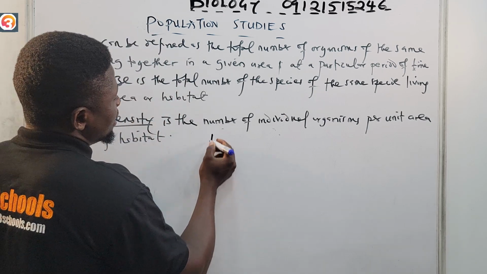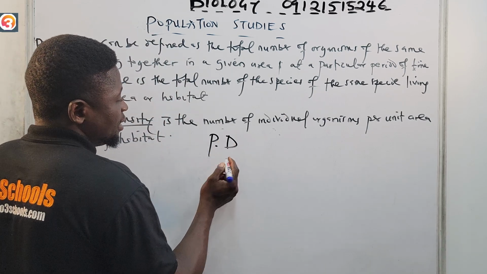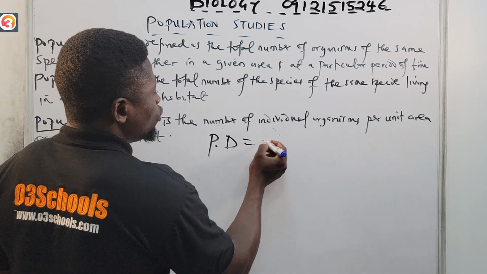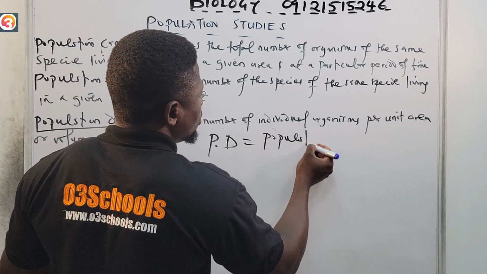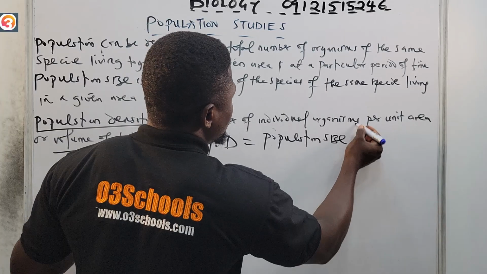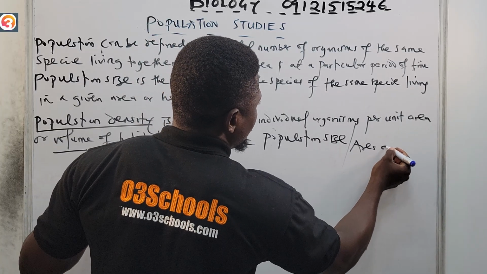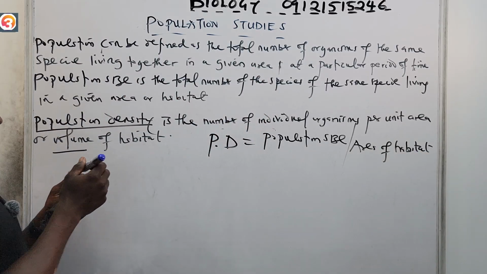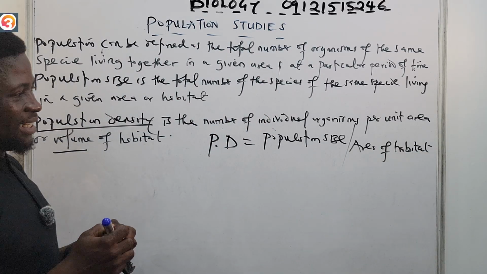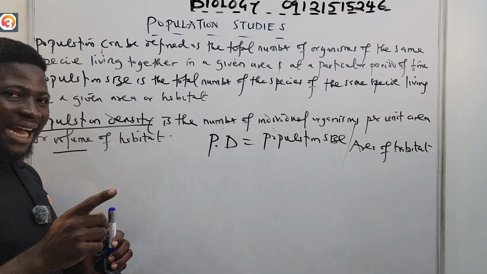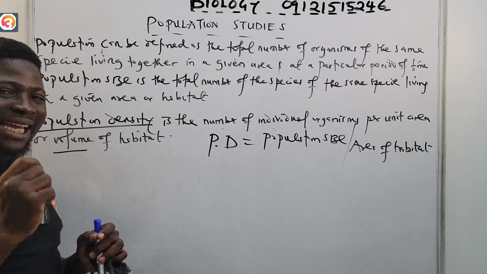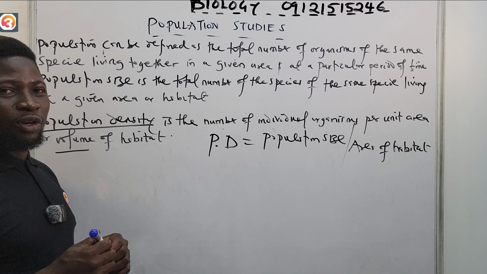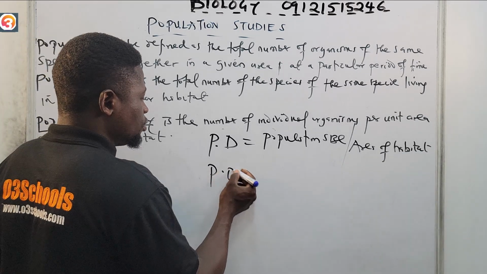And of course, mathematically, we know that population density, which I'm abbreviating as PD, is called so: population size over area of habitat. Take note of that. It's very important. Population density is equal to population size divided by the area of habitat. It can also be defined mathematically that PD is